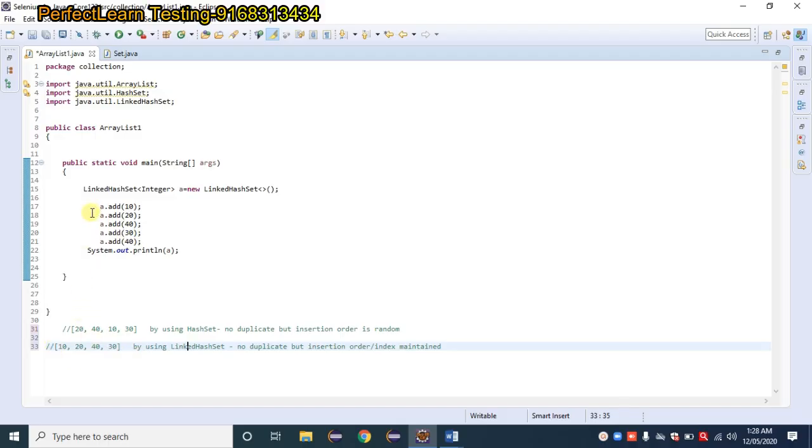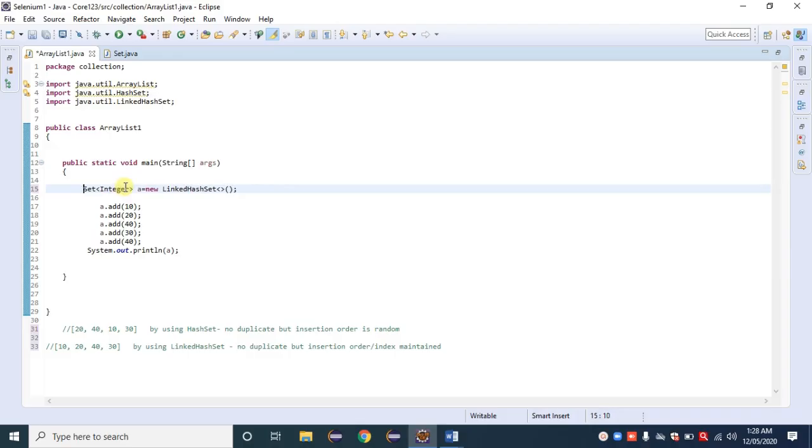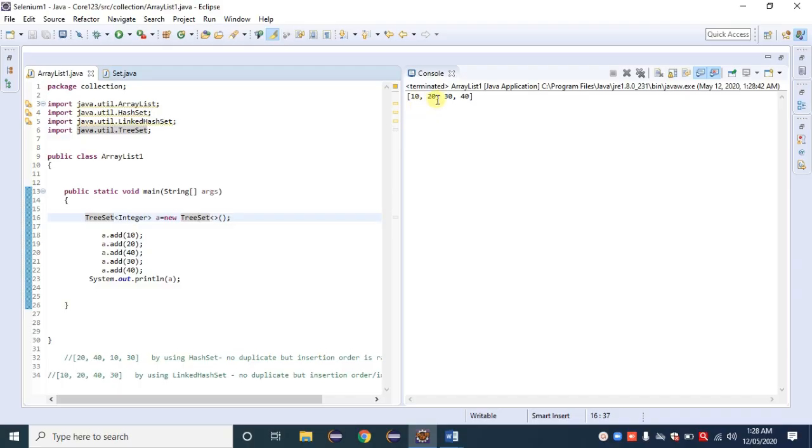Then suppose I need all the elements in ascending order. I can go with a TreeSet. Import that one and click on the run button. 10, 20, 30, 40.